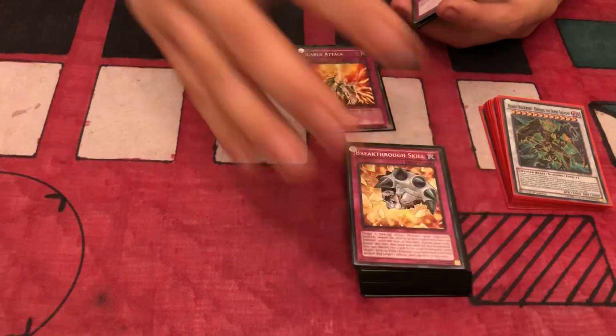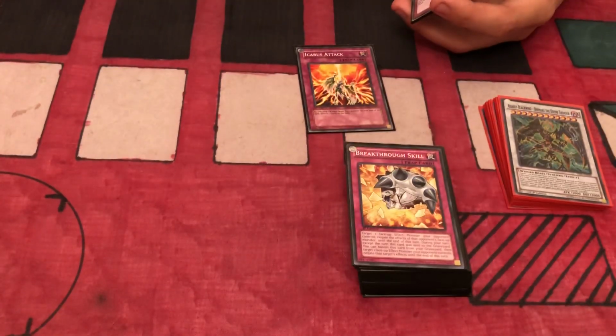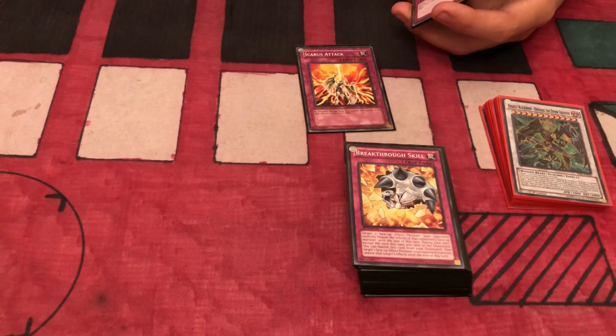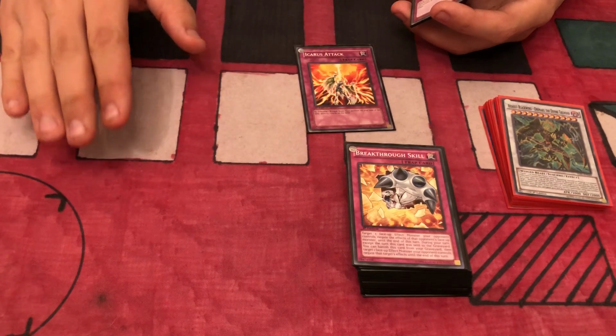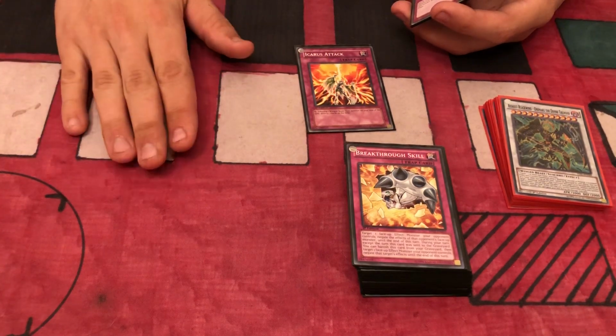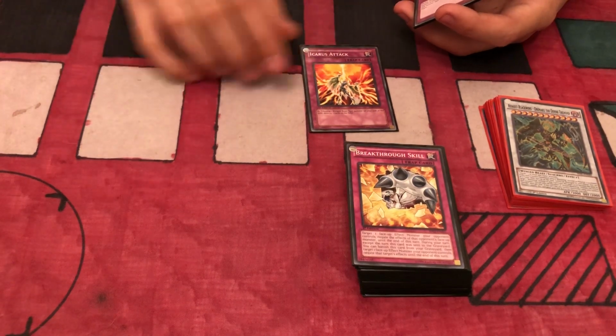I actually think in the newer format, it's more useful to run 3. It is the OG Twin Twister. And also, it's always good to have monsters available, but it's more important to get rid of back row. And with how many special summons you can do in this deck, Icarus attack just sort of